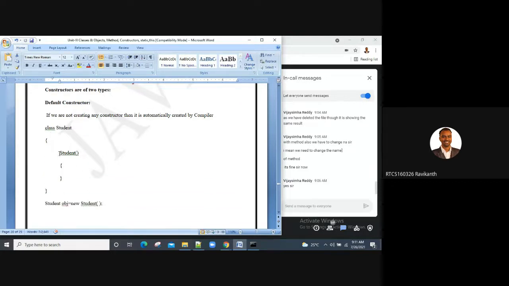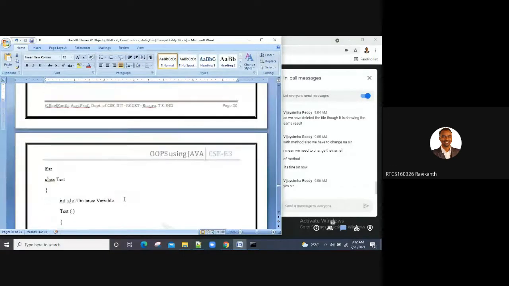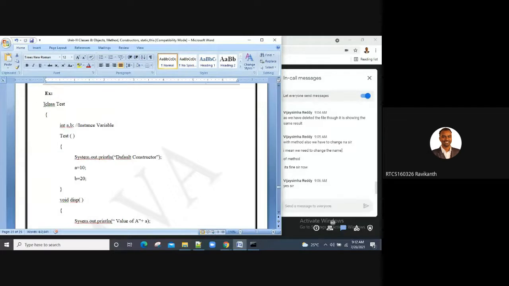In this case, it's a default constructor. The class name is Student, and the constructor has the same name. We have created an object of that particular class, the Student object. Here I have a Test class, and again a constructor called Test, which is a default constructor.